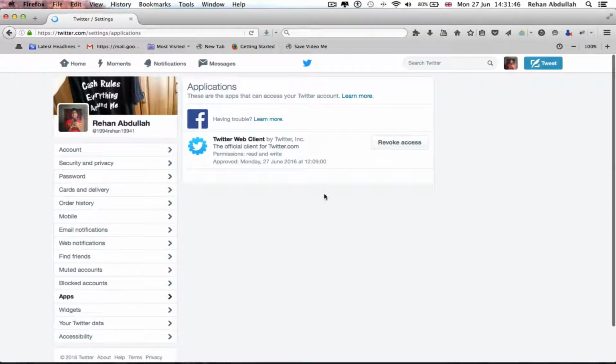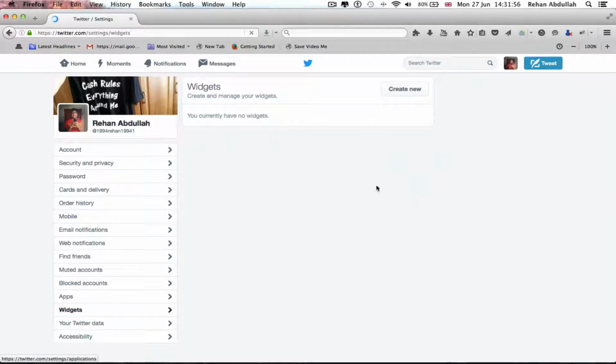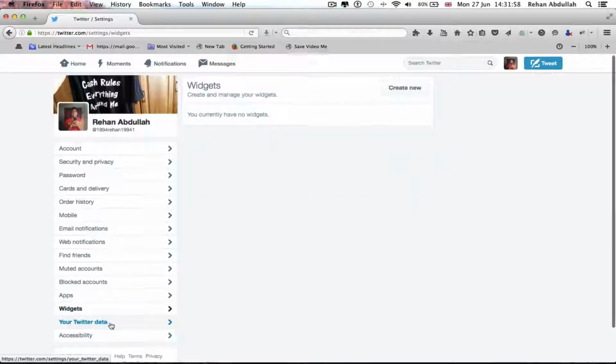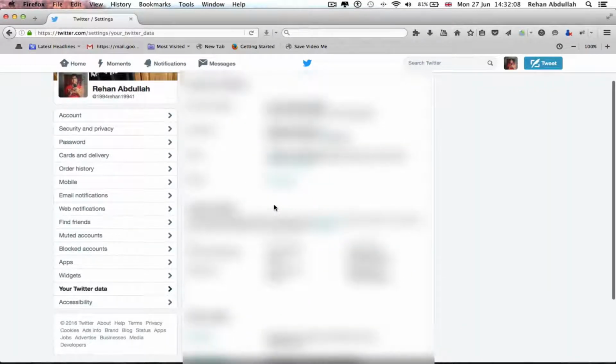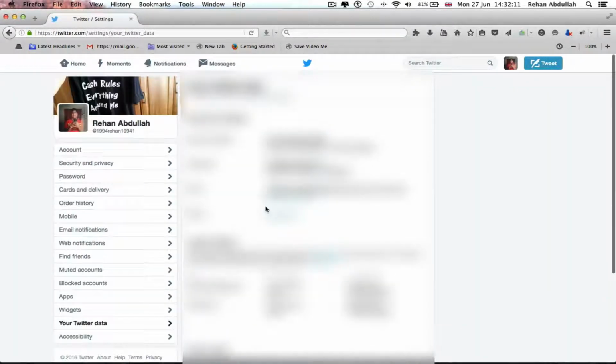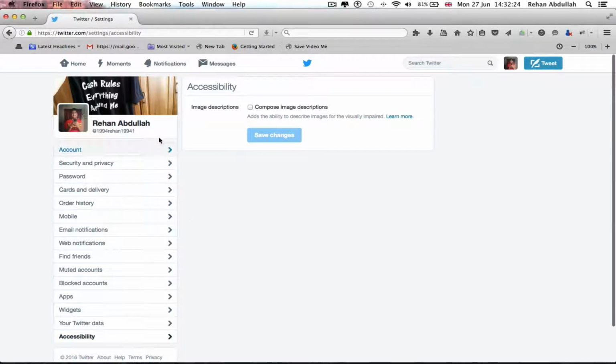Apps. Revoke the access. I mean, we just added this today. So 12:09. This is like a couple hours ago, 1 hour ago. The widgets. No widgets at the minute. Your Twitter data. So I need to put in my password now. So I put that in. I can confirm that. Okay, so I can go to accessibility. Okay, now if we go back to the home page,